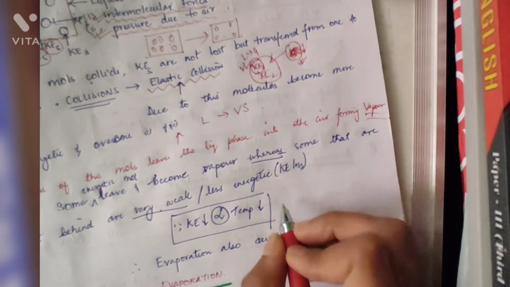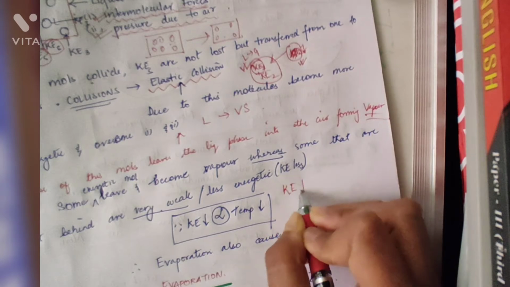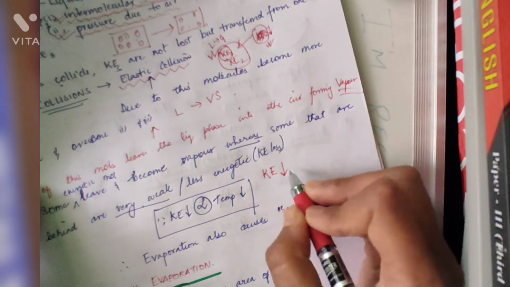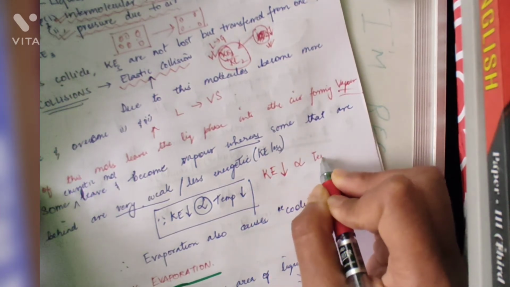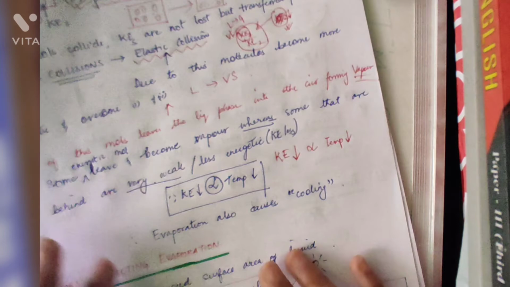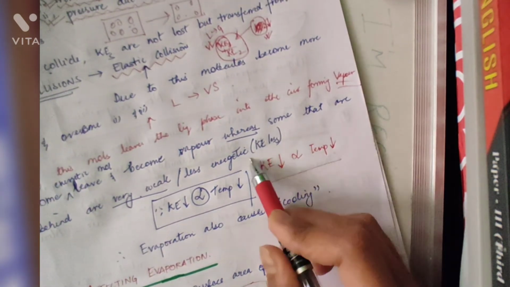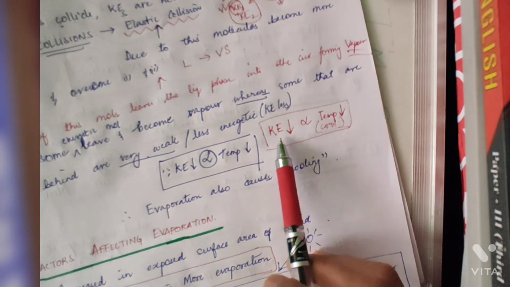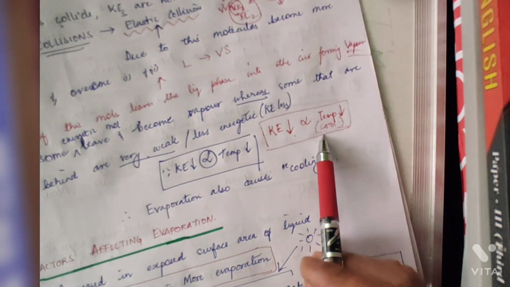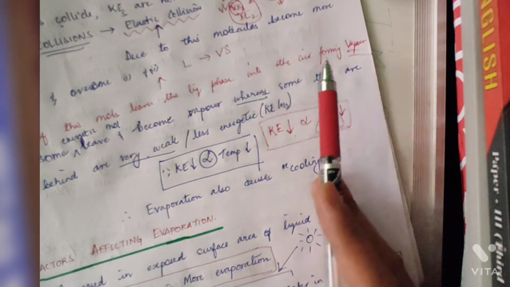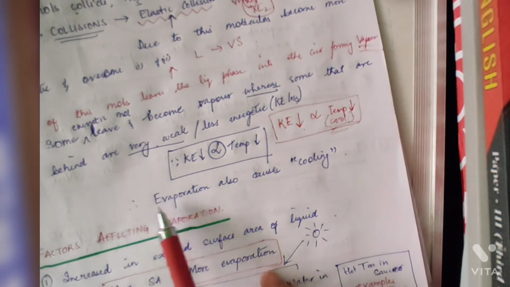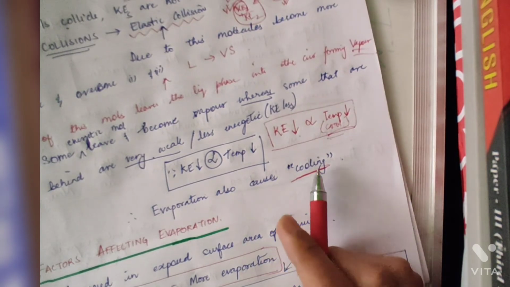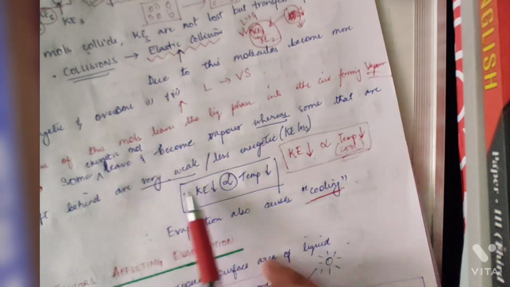So because the kinetic energy here goes down, and as per the rule I already discussed, when the kinetic energy goes down, the temperature also will go down, right? So when this happened, what happened? The temperature will cool down. Okay, so because the kinetic energy is going low, the temperature will go low and cause coolness, right? If the temperature goes up, then it's hot, but if it goes down, it causes cooling. Therefore, evaporation also causes cooling. You understand? So this term is known as cooling. Okay, this whole term here.